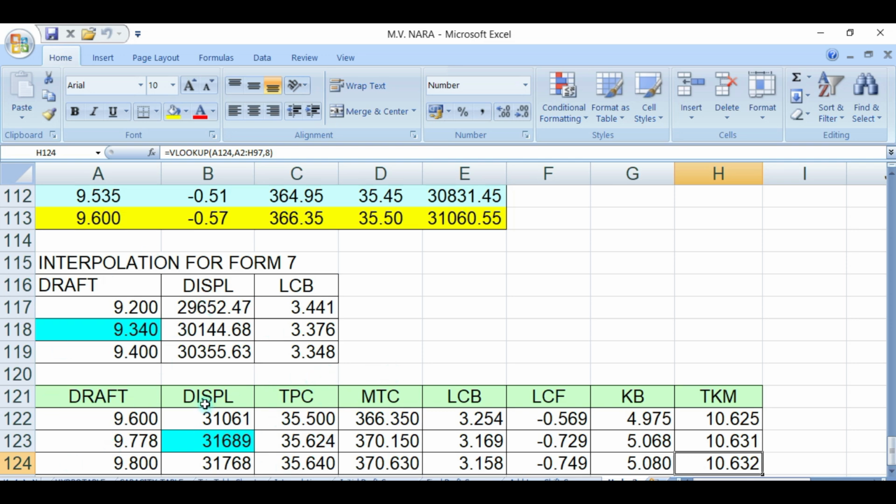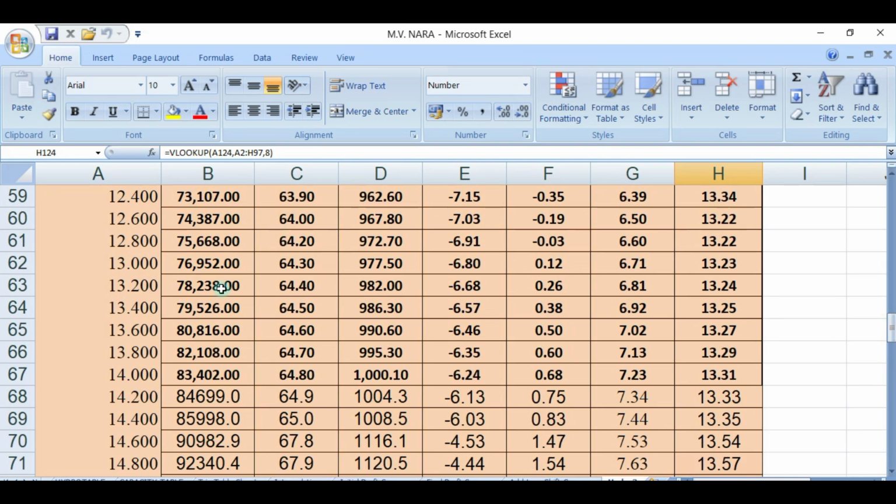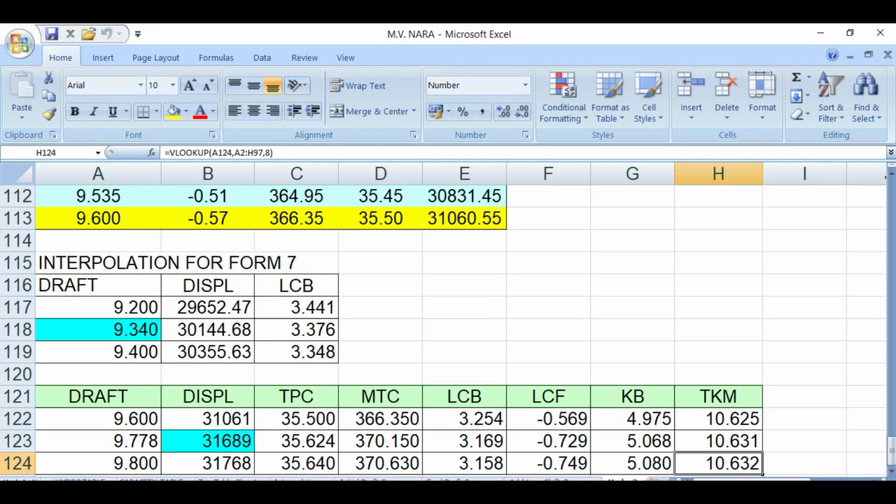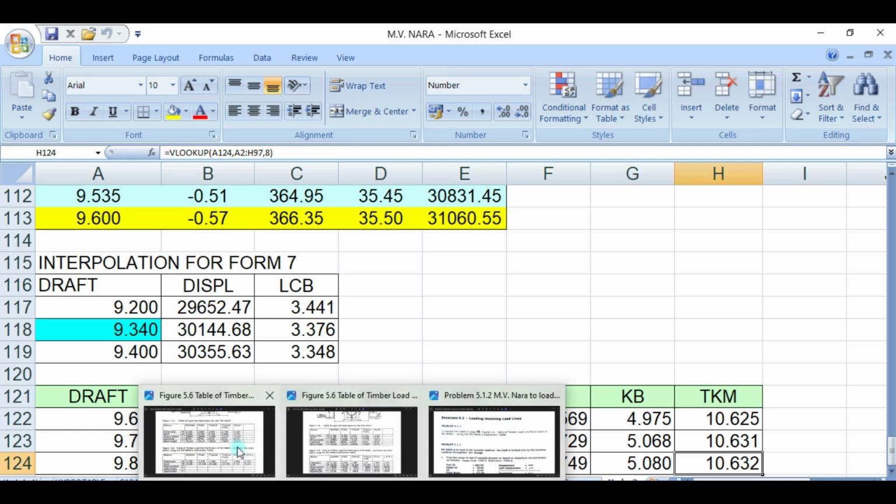Okay, so this is a short program for interpolation, so you don't have to find it here and do the interpolation. This is just a short program for interpolation. So we go to this.